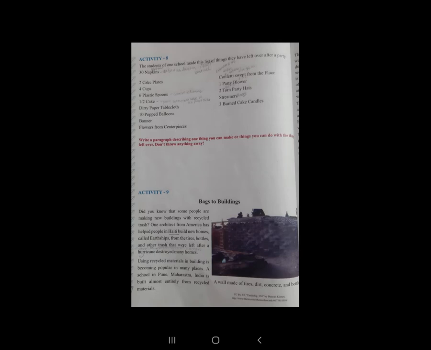Using recycled materials in building is becoming popular in many places. A school in Pune, Maharashtra, India is built almost entirely from recycled materials.